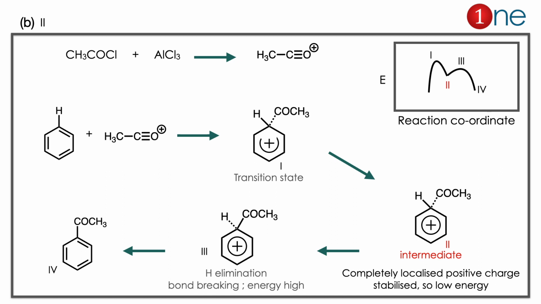Here you have acetyl chloride. Normally the acyl cation is formed with aluminum chloride. Here the acyl cation attacks the benzene ring. It is the transition state because you are breaking a bond and forming a bond, so the energy will be higher. The second step, the intermediate is formed here. After the first transition state, the cation is there. It will be stabilized by resonance, so the energy state is low there. So that's why it's the second, low state.